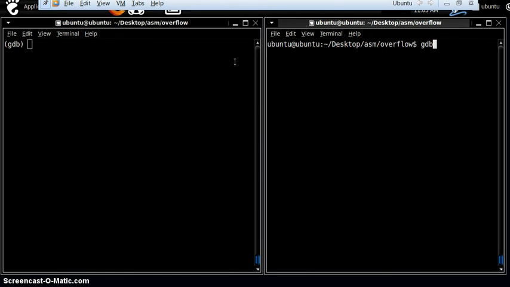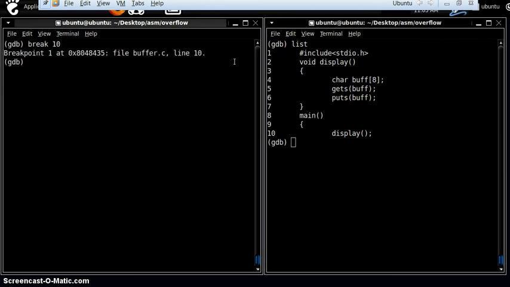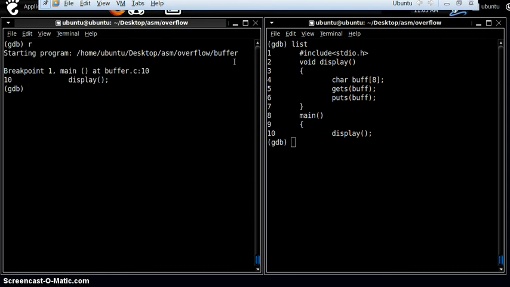We load it onto another shell also. Let's list out the program. Okay, we break at line number 10. Okay, run the program.